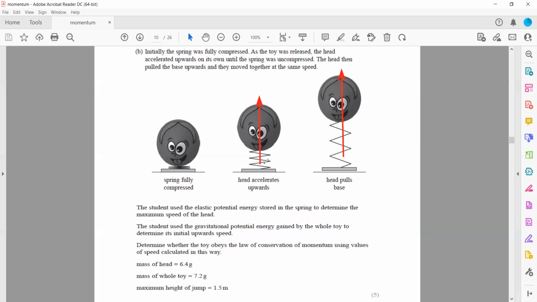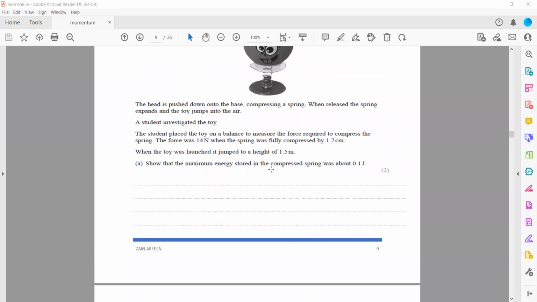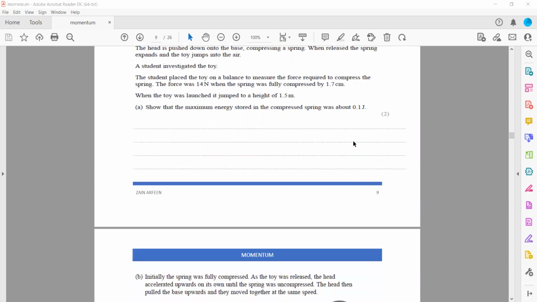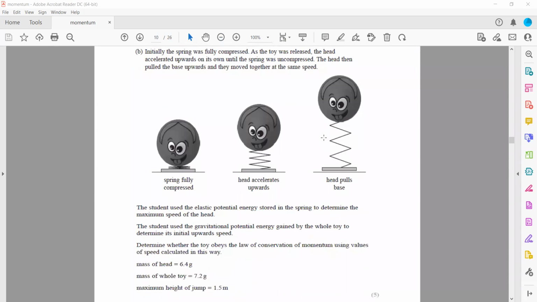So how to work out the speed of the head? It is related to the previous part as well. As I mentioned, the energy stored is 0.1, so that will be the kinetic energy. So first we'll determine the speed of the head. So for the head,